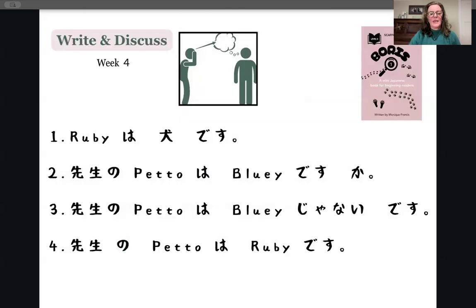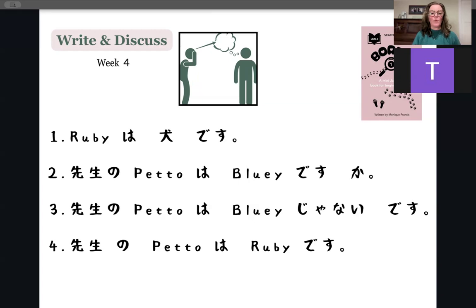So here's an example of the year twos write and discuss, and I think this was after their third week. And so we've been discussing Ruby, with the teacher supporting and asking questions. That's the discuss part. It's not just writing. It's another chance for more input. You're asking questions to get the language. So for example, we might start with a blank